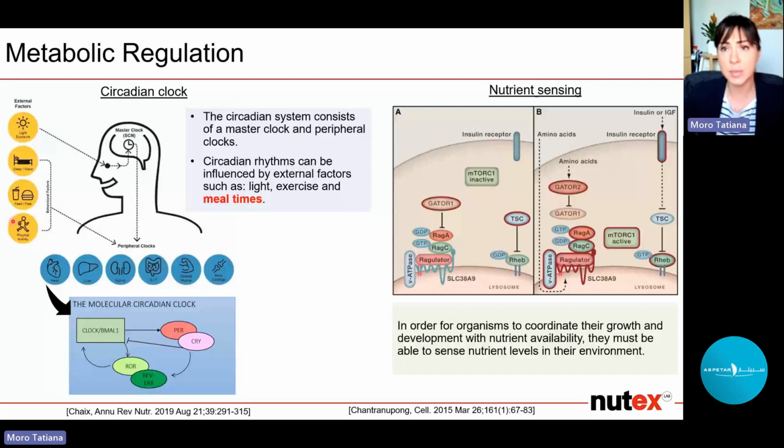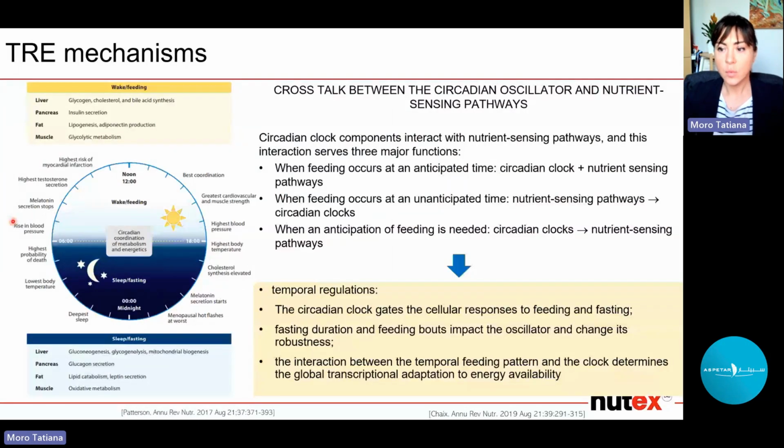And when they sense the presence of these nutrients, they activate the specific pathway and the specific machinery inside our cells that use those nutrients in order to produce energy or produce a new protein. And basically, the crosstalk between the circadian clock and the nutrient sensing pathway is what can explain the effect of the time-restricted